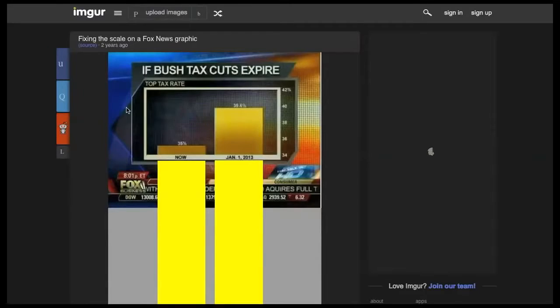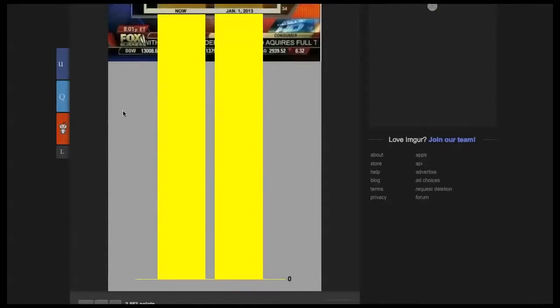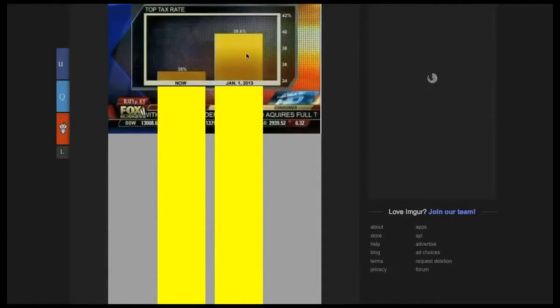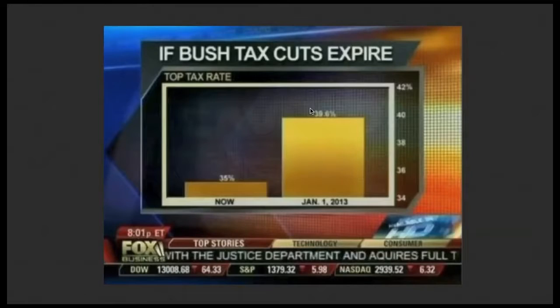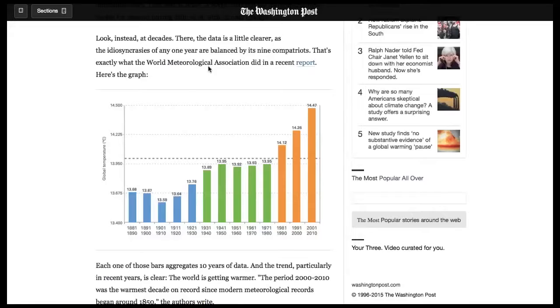So if you were to actually plot out what the actual difference in these bars looks like, it would look like this. And as you can see from this image, it looks quite a bit less impressive, the difference between these. So it would be a jump from here to here, rather than the jump from here to here. It looks different. It gives a false impression when you truncate the y-axis like that. So let's take a look at another example.